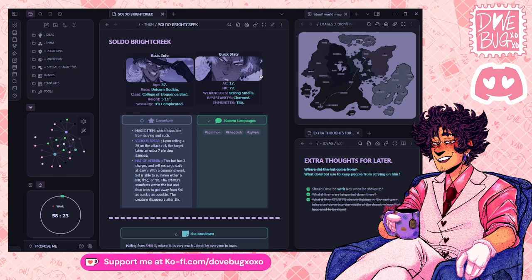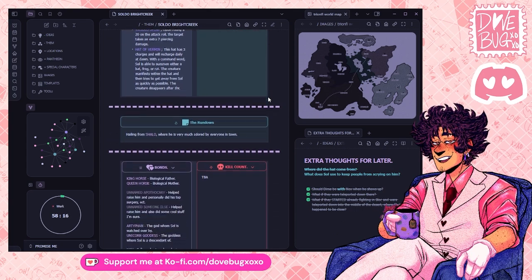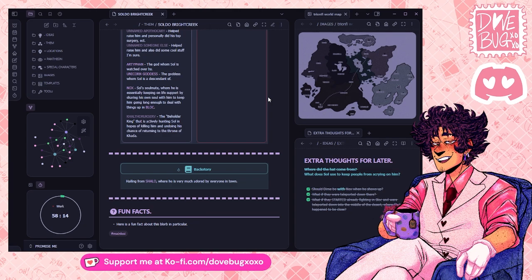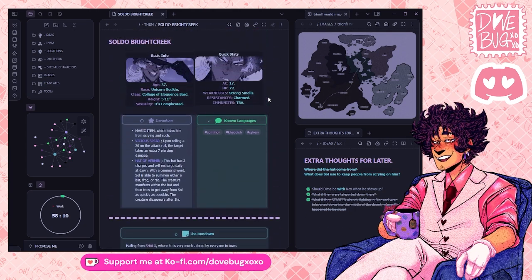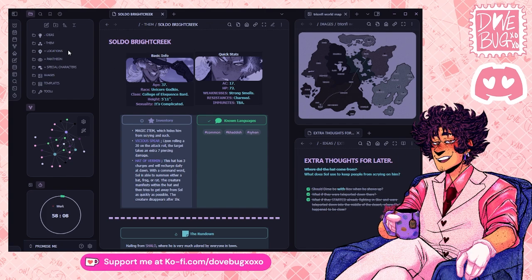There's ways to hide code, there's ways to make it so certain things don't show up on the graph, there's all kinds of things you can do, and then once you really get into it and you really start typing, you can kind of just go. And as you're going, as you have a thought, you type within those brackets, and it creates a ghost node that you can come back to later and fill in if you need to.